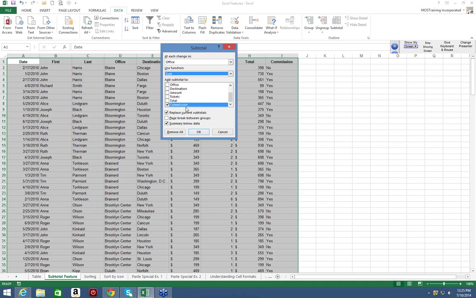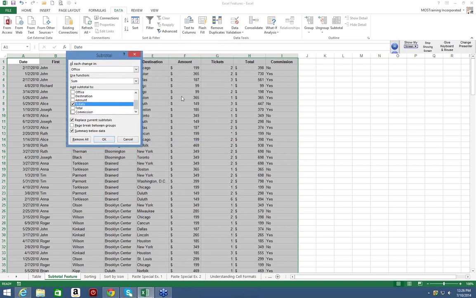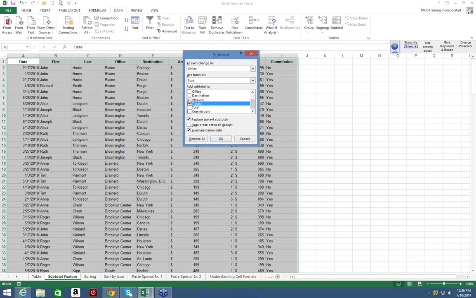So just remember that the default for subtotal is that the program always picks the very last column in the selected data. Well, I'm going to take off commission because I'm interested in seeing a subtotal on my amount and tickets. Then going further down,